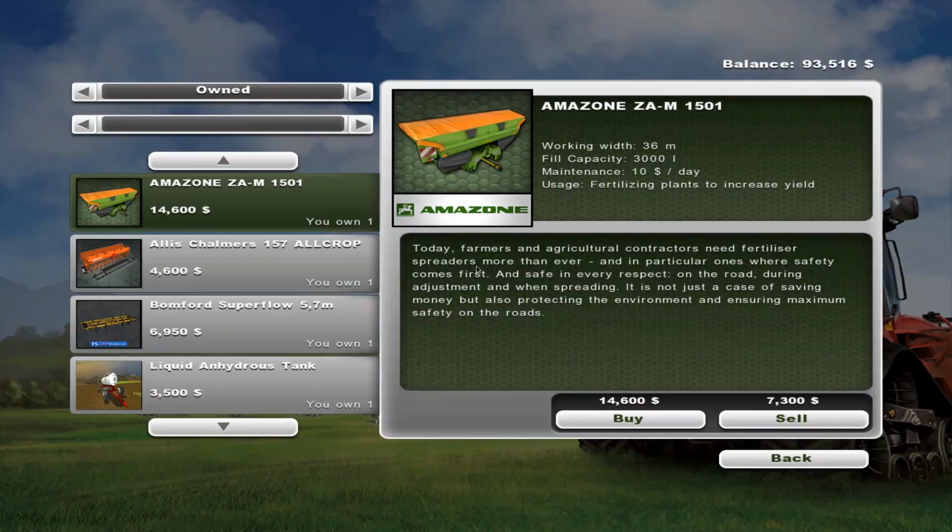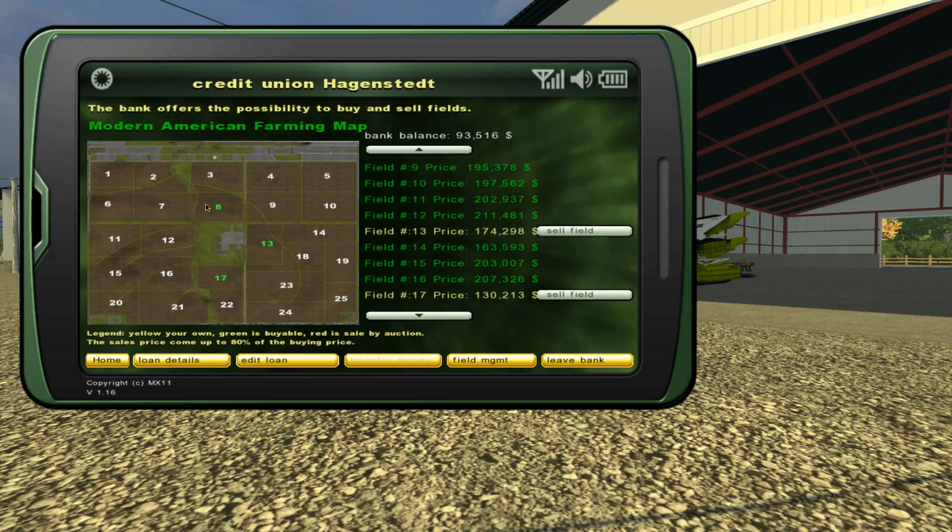So right now we have... Oh, that was silly. Right now we have 3 fields, and we'll need to get 1 more. Unfortunately, at the moment we don't have enough money, but we will work towards getting enough money soon enough. The next thing we're going to do is...